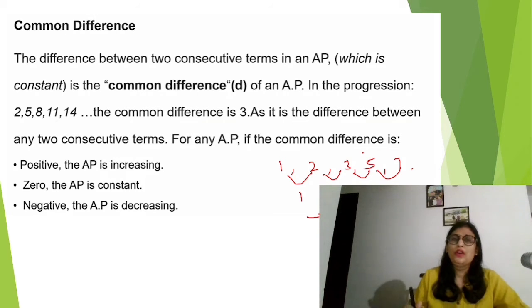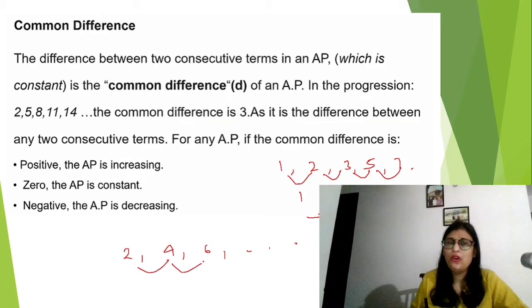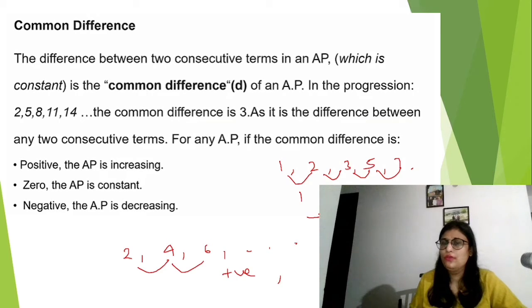Okay. So according to this pattern, there are three types of common difference. First, positive: if the series is in increasing order, like 2, 4, 6, the difference will also be a positive number. If the series is in reverse order, suppose I take 8, then 6, then 4, then 2, then 0, we can see here there is a gap of -2, right?